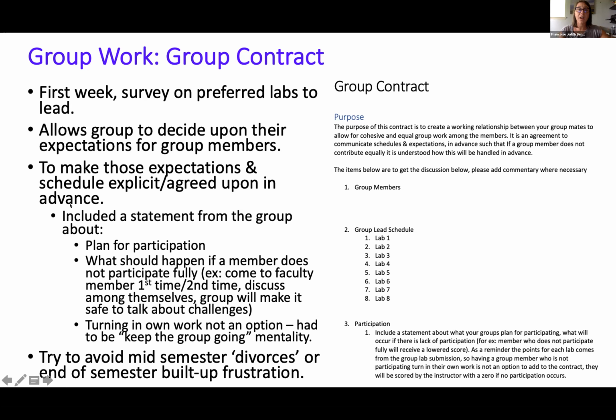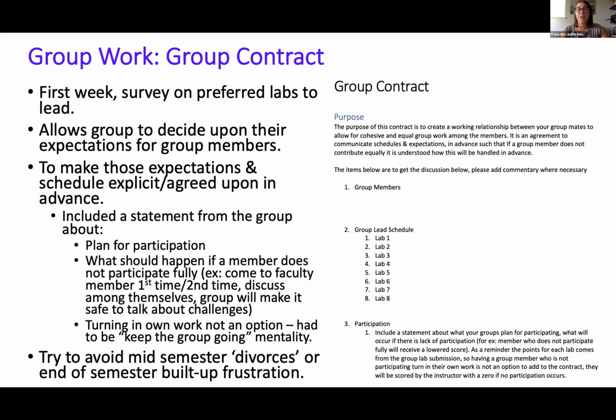And this then allowed ourselves as faculty to organize groups in a way that allowed these group members to at least get 1 or 2 of their labs as their top 3. So we then made the groups from this, created the group. We used the people setting in Canvas to group the students into groups of 4, and then asked students to create a group contract. And this group contract was to make the expectations of group participation explicit and agreed upon in advance. They needed to include a statement from the group about their plan for participation,